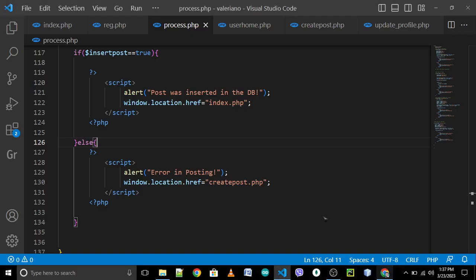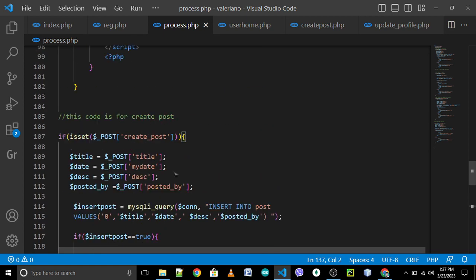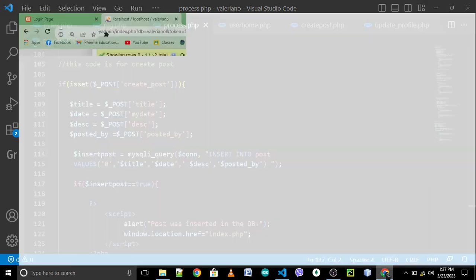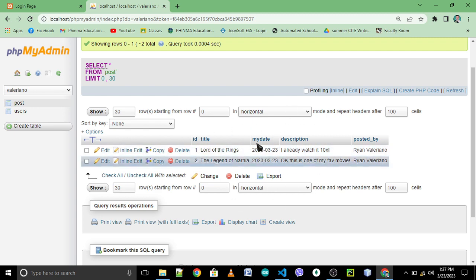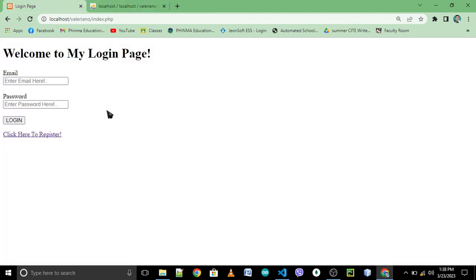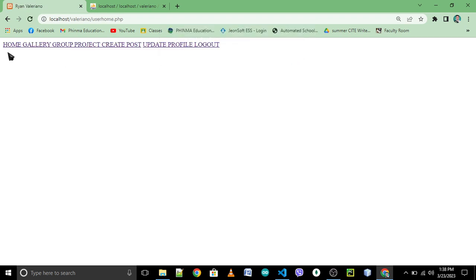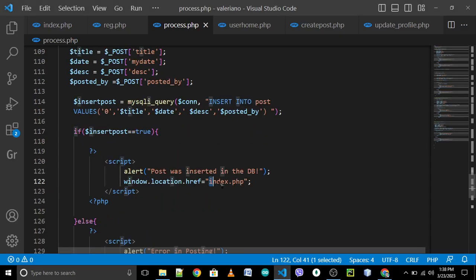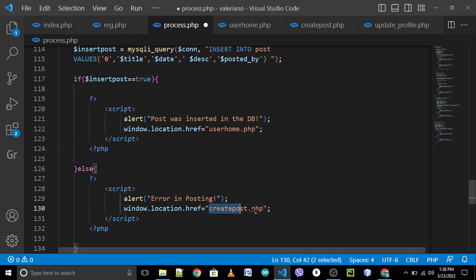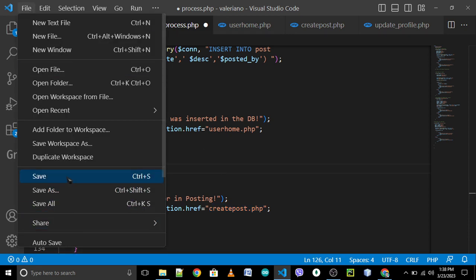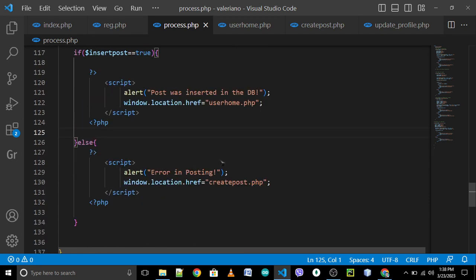Okay, then what's next? So we need to show, if we inserted the data in your database, we need to retrieve this data. So retrieve data, how to retrieve? Okay, so we will go to your home page. In your index or user home.php. Sorry, my fault. So this is not index. This must be your user home.php. User home.php, create post.php. File save. Okay,